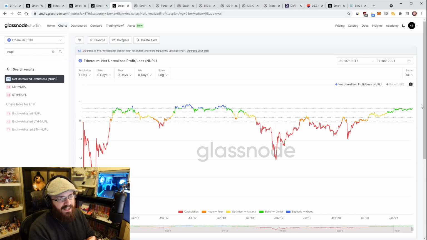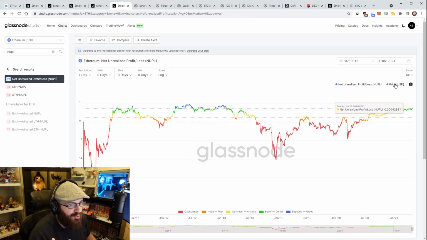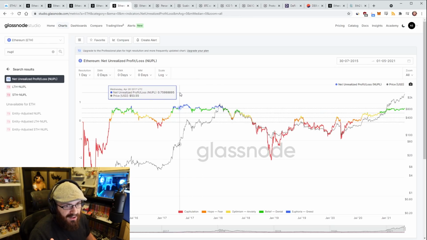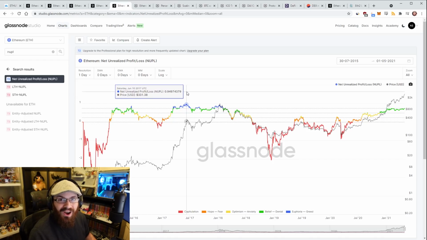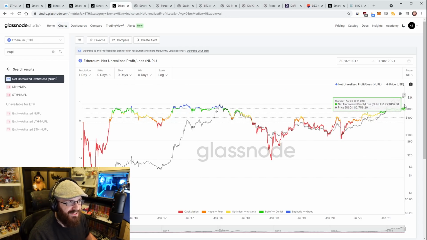That's why this indicator is cool, but it's kind of hard to use as a top signal at times, because if you say for example you sold right here on April when it went into the blue the first time, well, the ETH price in April here, if you look here, it's about $50, right? And then ETH went to 420 after that in the blue the whole time. So manias can get really crazy. Like if we go into the blue at 4,000, ETH could go to 10,000 or something before it tops out and comes back down.